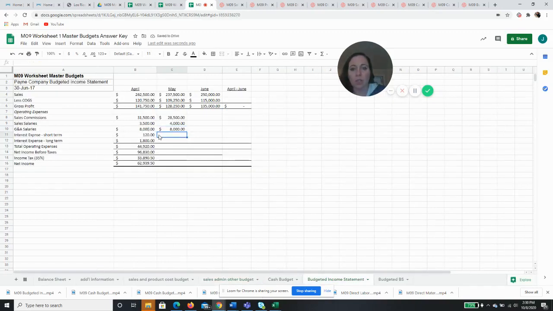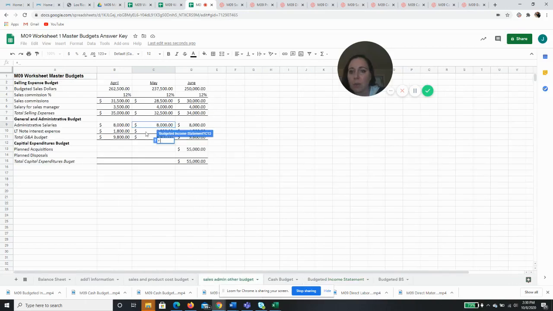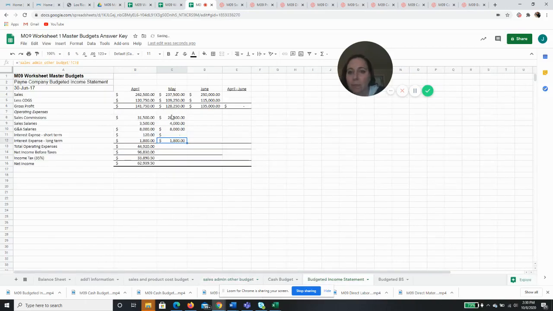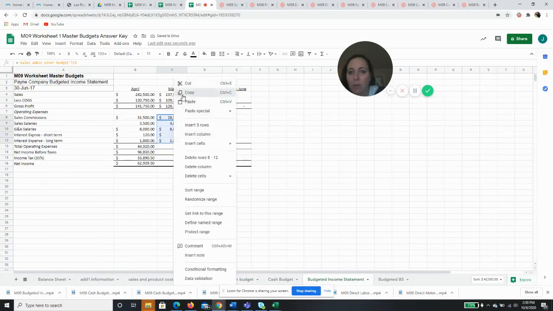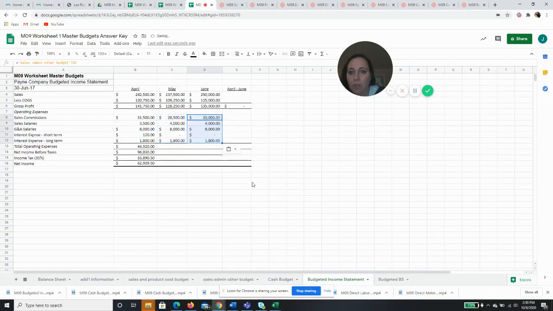Our interest expense short-term is going to be 0, because remember, we paid off that short-term loan at the end of April. So that'll be 0 for May and June. And our interest expense long-term, again, from our selling expense budget, it's going to be 1,800. So I'm just going to take all of these, since they were formula-based, and copy them over to June. Okay, so now I'm going to add up my operating expenses. So 42,300 for May and